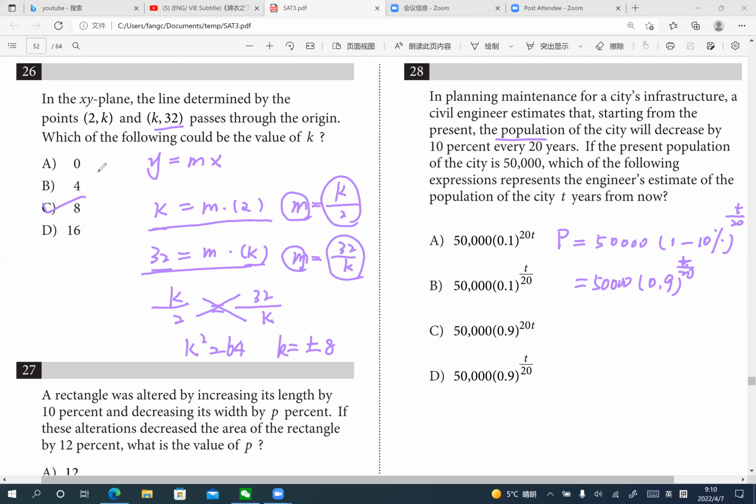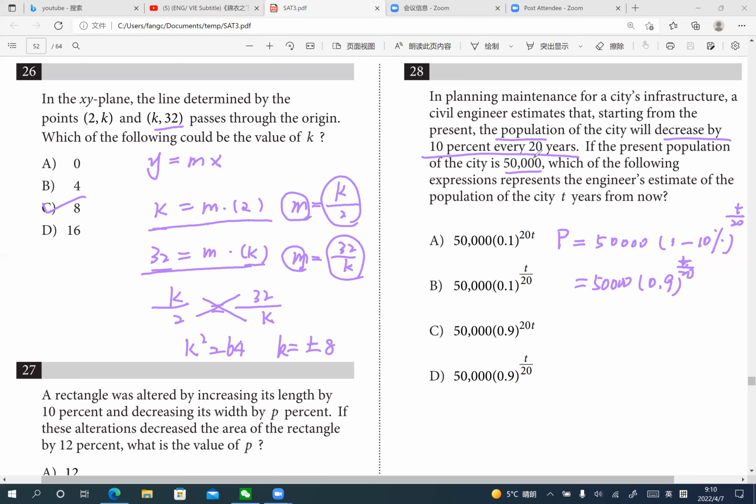Question 28. In planning maintenance for a city's infrastructure, a civil engineer estimates that starting from the present, the population of the city will decrease by 10% every 20 years. If the present population of the city is 50,000, which of the following expressions represents the engineer's estimate of the population of the city t years from now? So from the question, we know